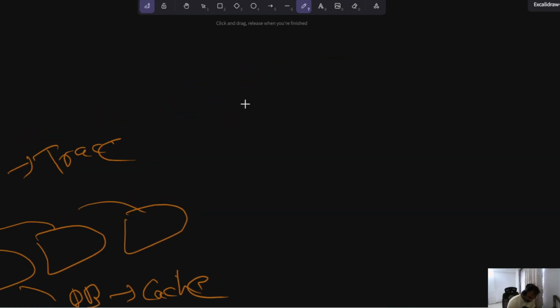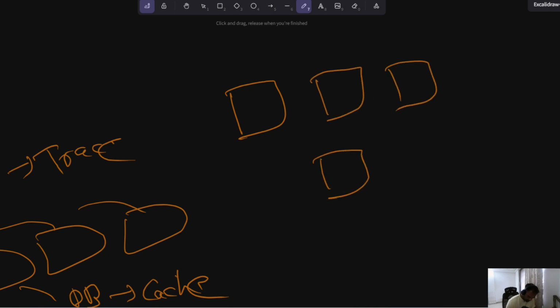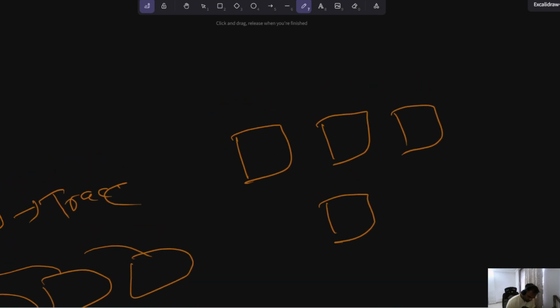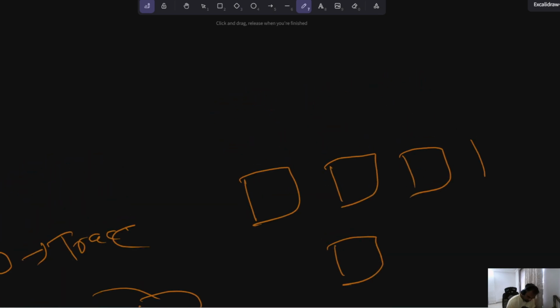Let me draw it better. So one box here, one box here, one box here. This is a third party. The third party does its own processing, and there is a database here. So app, then DB or say cache, then DB, third party,